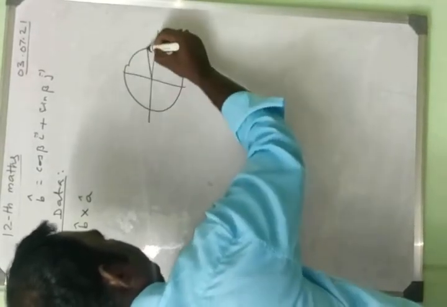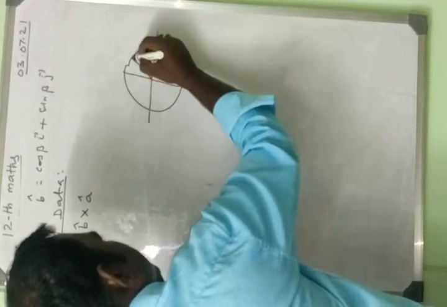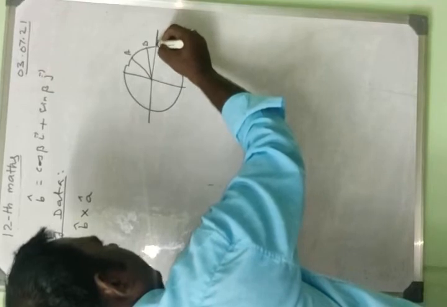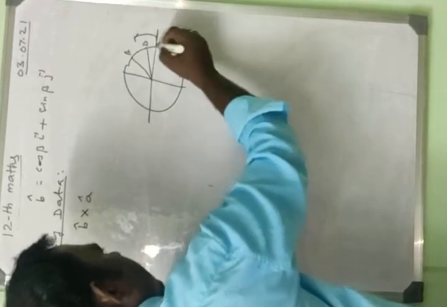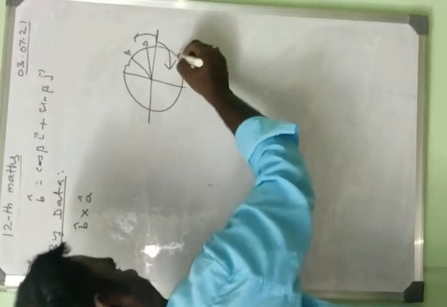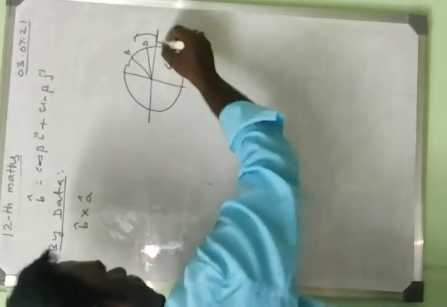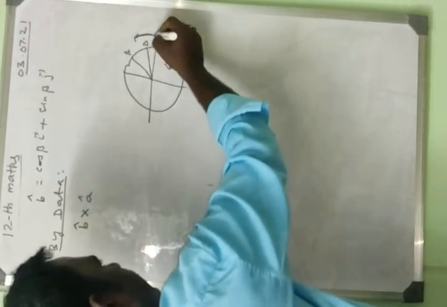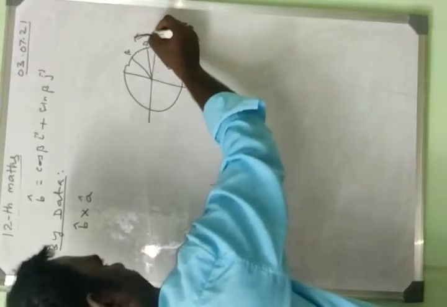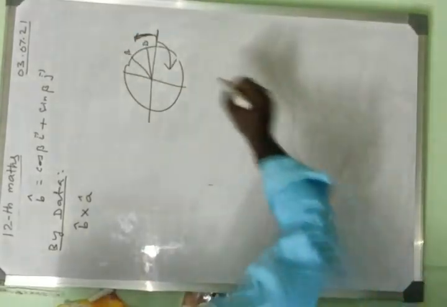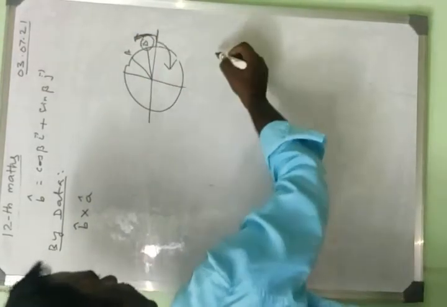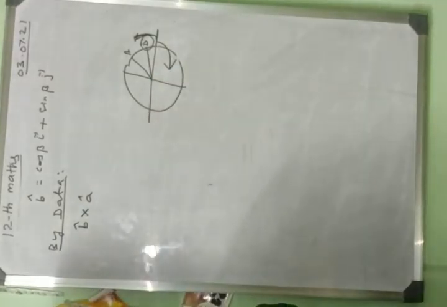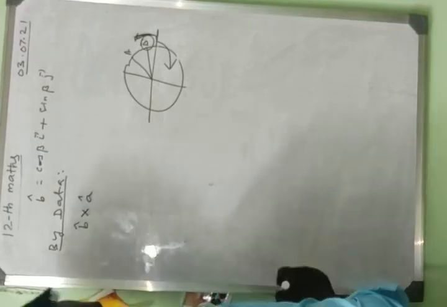first we mark here the B point. Next we mark here the A point. We take counterclockwise. Counterclockwise means we put that line. Clockwise means we put it like that. Okay, this is clockwise rotation. This rotation is anti-clockwise or counterclockwise, like this. We take counterclockwise, which means the negative axis. Okay, here first point B is coming, so that is why we take cap B first. Okay, understood? So cap B cross cap A.